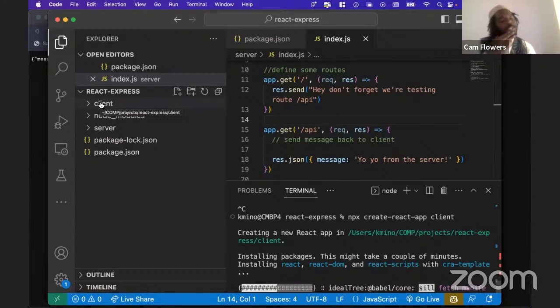The reason we're doing this is because I just want a React application that I can use to start testing out some things related to this server that we started. But then secondly, as we'll see toward the end, I'm going to utilize this client folder to also demonstrate how we would host this code on a server, specifically this server that we created a couple minutes